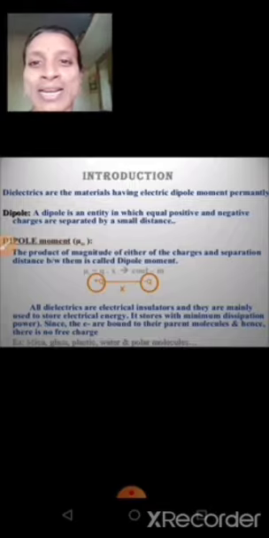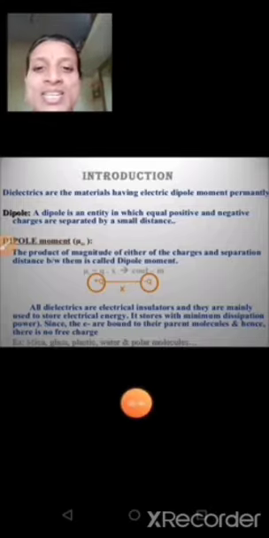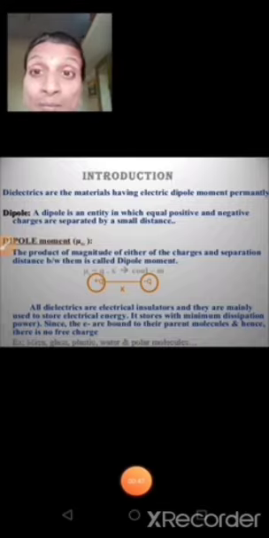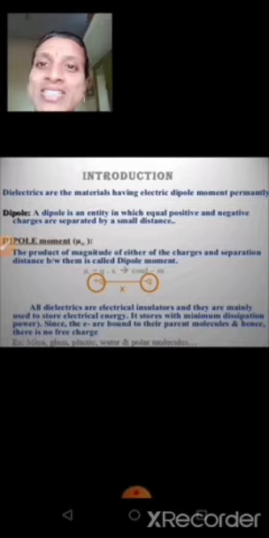First, we learn what is meant by a dipole. It is a system which has equal positive and negative charges separated by a small distance. Here we see the figure. This figure is the dipole. Here plus q is the positive charge and minus q is the negative charge. Mu is the dipole moment, q is the charge, and x is the distance between the two charges. The unit for the dipole moment is coulomb meters. The unit for the charge is coulomb and the unit for distance is meters.